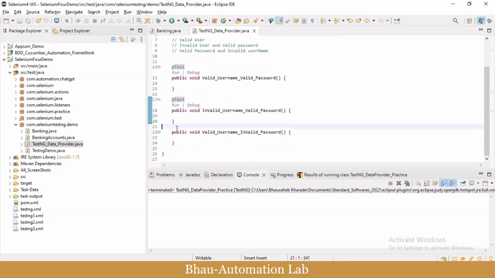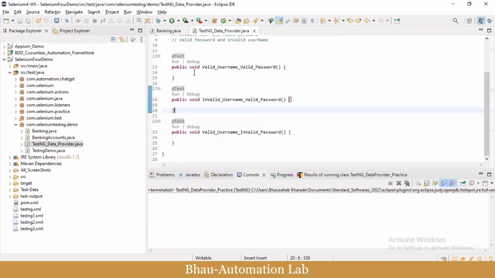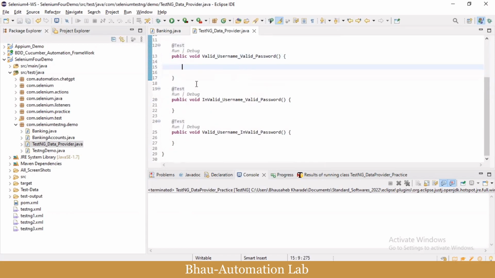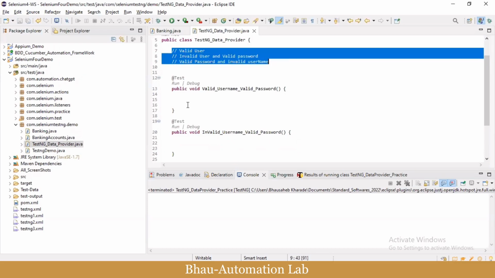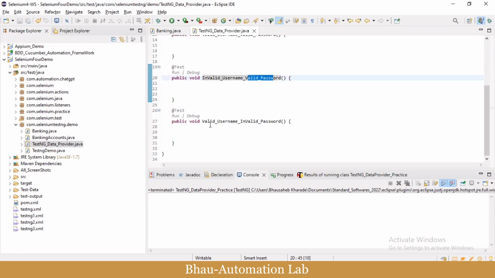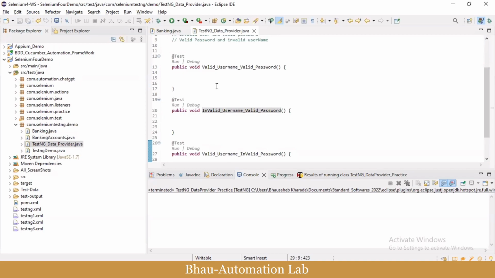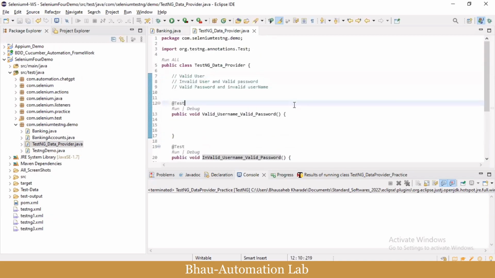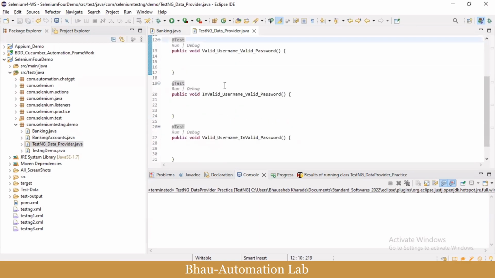As we have seen, using the @Test annotation, we can use this TestNG data provider annotation. So is it a good idea to write three separate tests for all this test data to test all these three types of data sets? Okay, so we need to write logic here to execute the test with valid username and valid password, invalid username and valid password, and then valid username and invalid password. Okay, so we need to create three methods if we want to test with these three data sets. To avoid this situation, we need to use the TestNG data provider